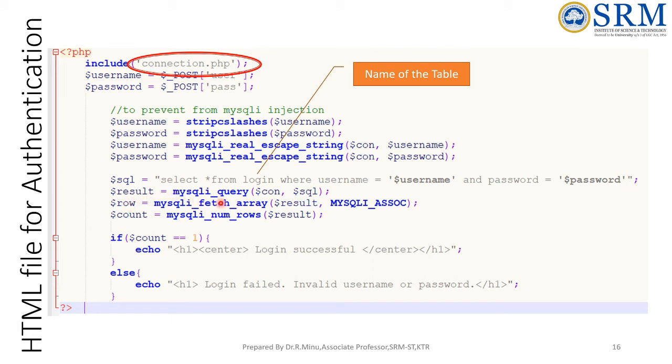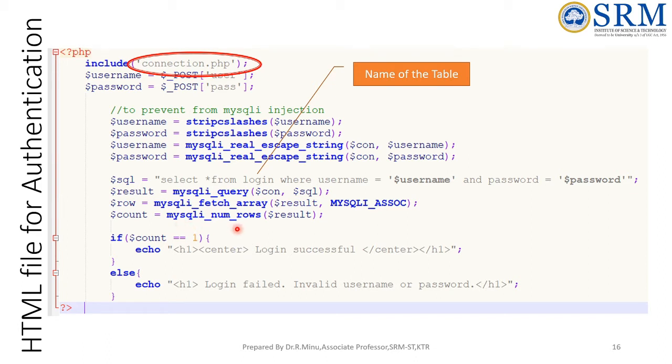Result is equal to mysql underscore query connection comma. So with that connection, with this query, it has been passed, and the result we are getting has to be got into a variable. So using this particular row attribute, we are getting the result. Okay, so now I'm going to display only whether the login was done successfully or not. Whatever result I'm getting back, I make it a count variable. So count is equal to how many results we got.